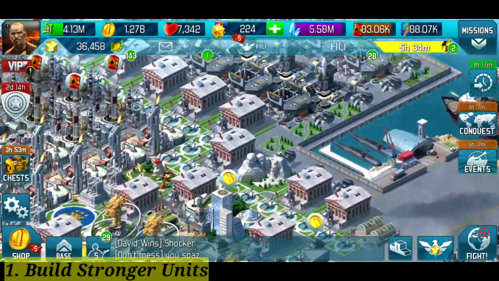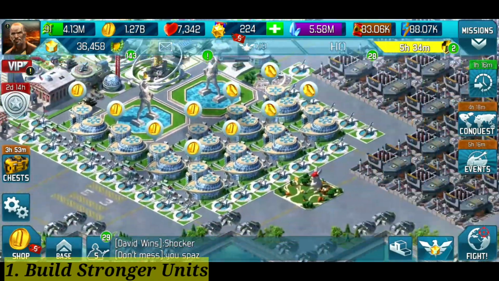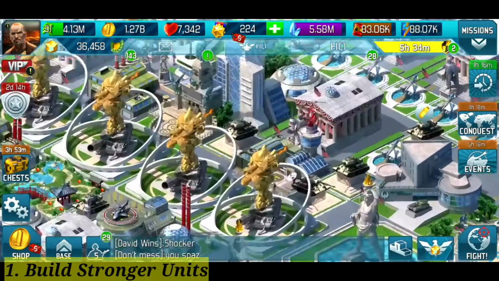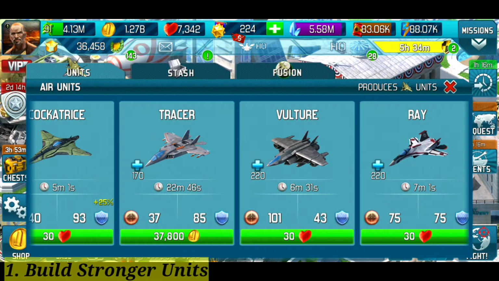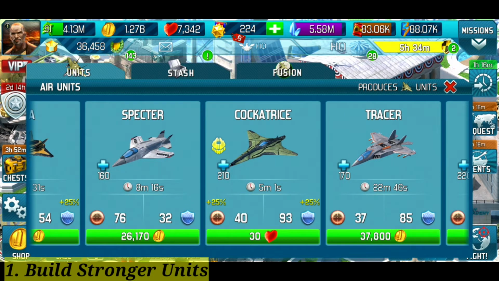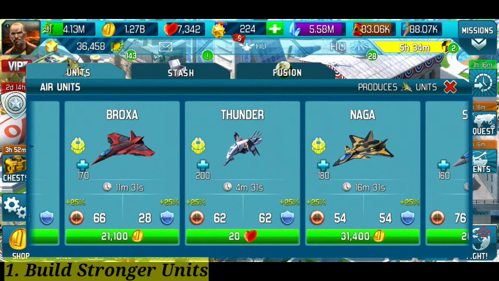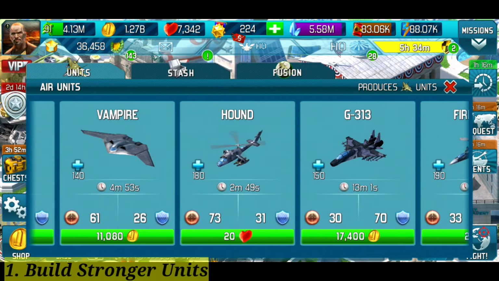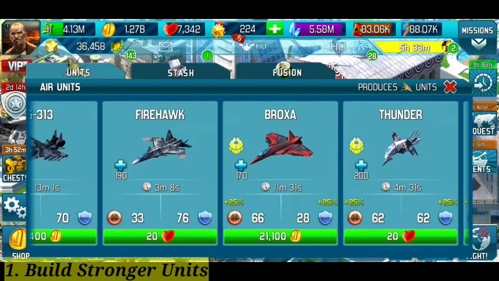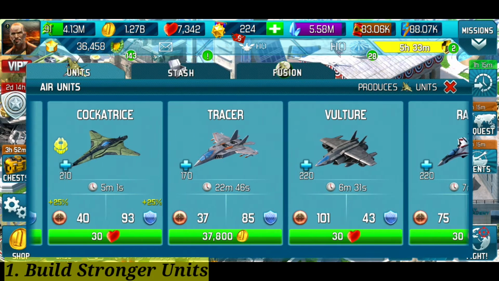Let's go to the air units. For the air units, Vulture has 101, Spectre 76, and Naga 54, Thunder 62, Broxa 66, Hound 73, Vampire 61. So based on this, Vulture has the most attack power for the individual units,